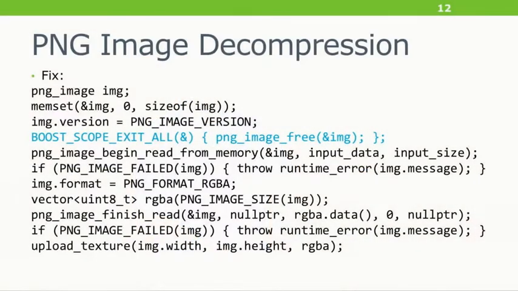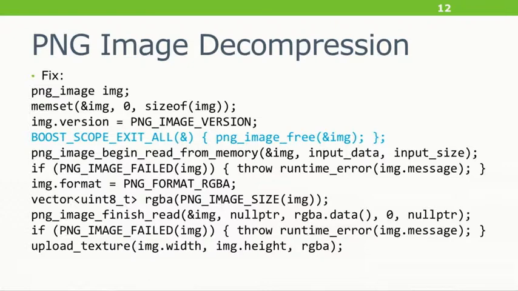So this is bad because if an exception is thrown, we'll leak. The fix, and here's the simplest minimal possible fix, is to use boost scope exit or your favorite scope exit library and say, okay, as soon as we construct or put this C plain old data struct on the stack and initialize it, that's all no fail, we would like to construct a temporary object on the stack whose destructor will free the thing. It'll call ping image free.